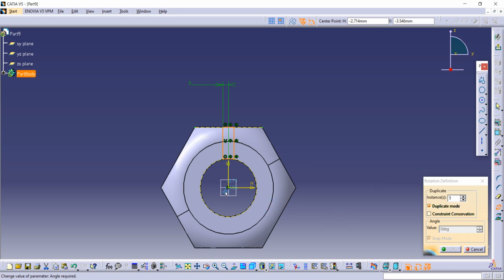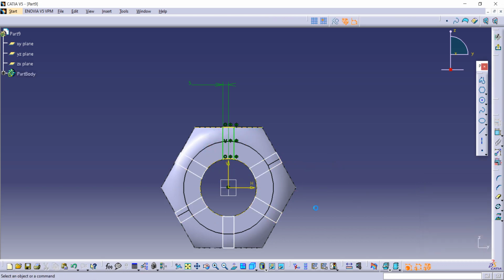And then after that select the point on which you want to rotate that rectangle. After that give here the degree. I am giving it 360 divided by 6 because we want 6 rectangles. Click on OK and hexagons are created.